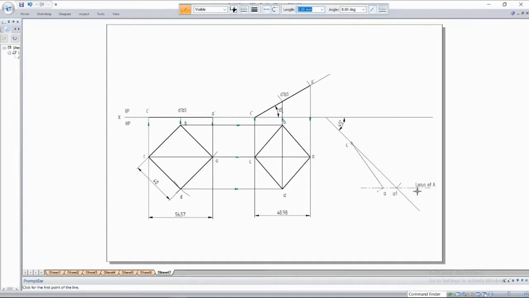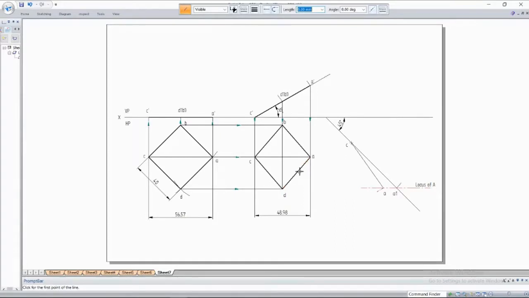C and A with thin line. So what we have done? We first transferred this true length at an angle of 45 degrees. Now, with this as a common point, see, C is a common point for both these diagonals, apparent diagonal and true diagonal. C is a common point, but A is a moving point. We know the position of this point, but we don't know the position of this. It is somewhere on this locus line.